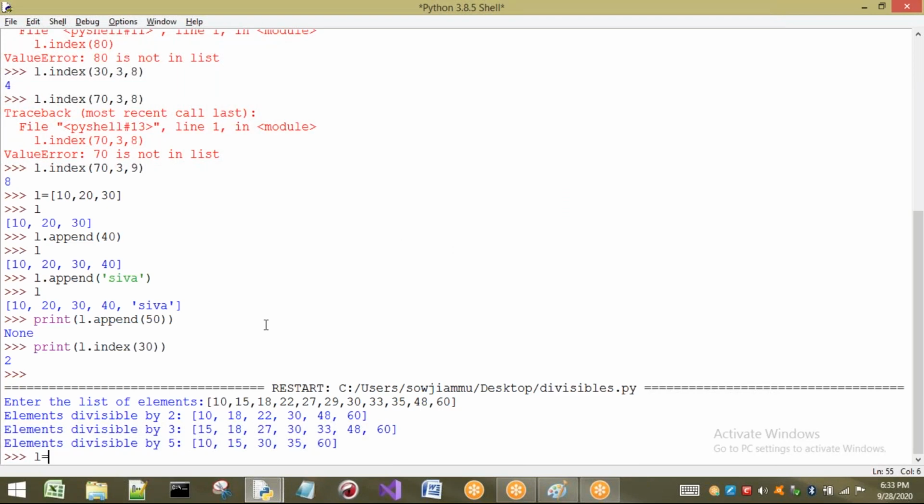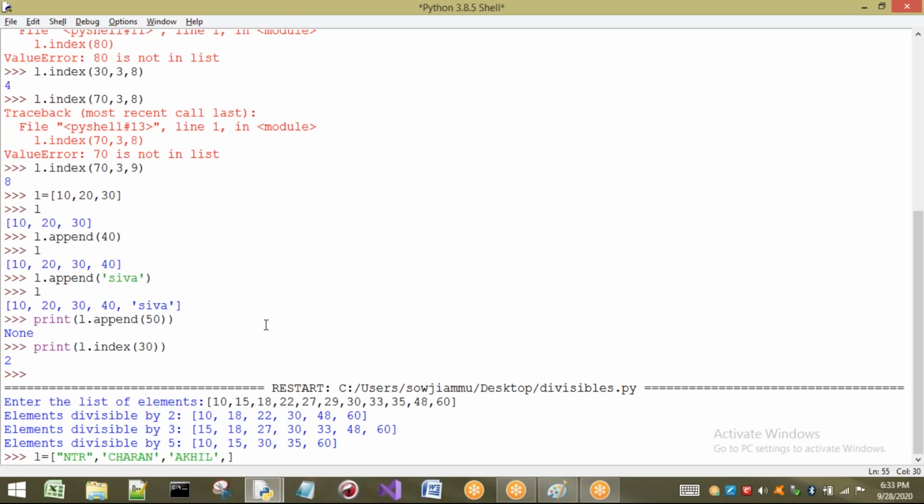Let us take a different example here. L equal to, I want to take some names here. In between, I will insert father names.